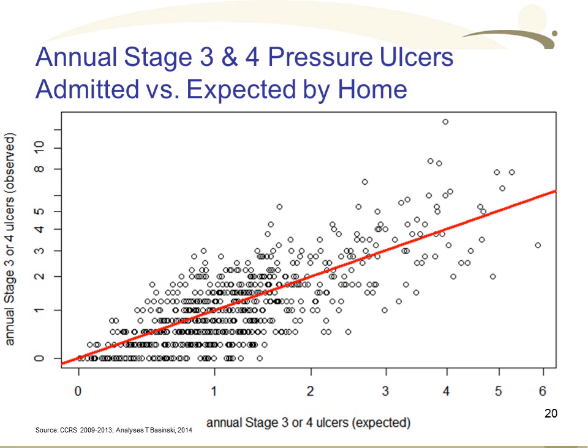When we look at the actual numbers of patients that are admitted with these ulcers, you can see that there's a wide variation around the expectations. So a home might expect, in the middle of that range, to only have 2 new stage 3 or 4 ulcers coming in. Remember, these are not developing during the course of a stay. These are patients that are being admitted into the home based on the risk factor mix. But you can see that each of these dots represents an Ontario long-term care home, and those numbers can range anywhere between under 1 and over 5. These are very expensive